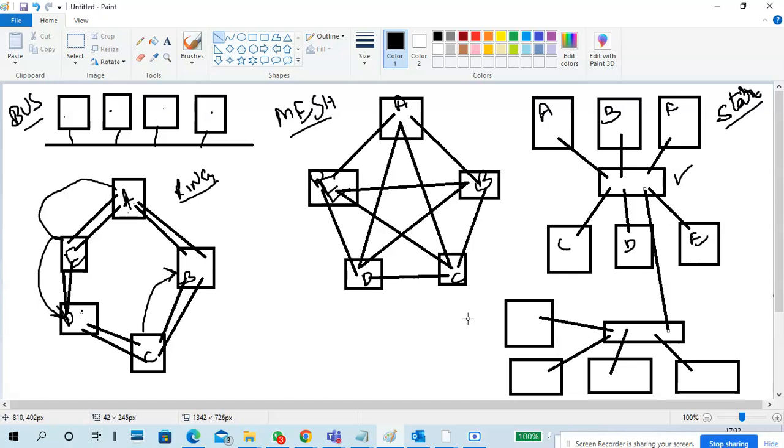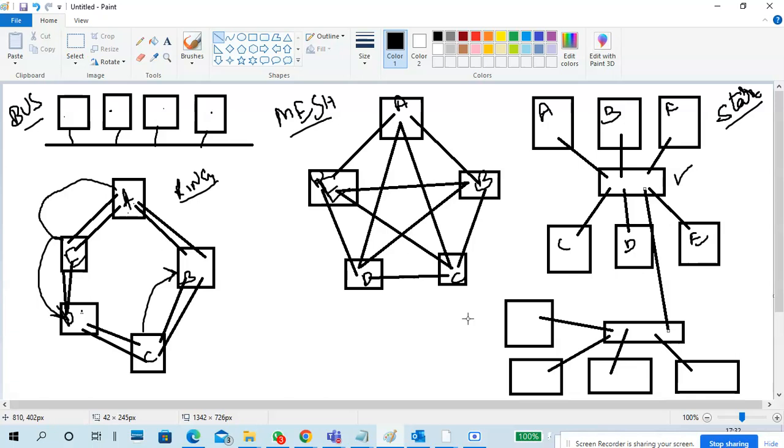You should not cross more than 24, right? So how is it possible to connect all these devices together? I use two switches. Two switches means 20 plus 20, 40, so 30 computers we can easily connect. If you get more computers, I will use another switch. If I get another 20 computers, no problem, I have another switch. I connect one switch to another switch.